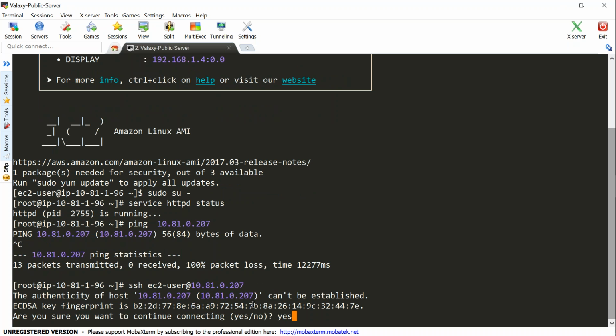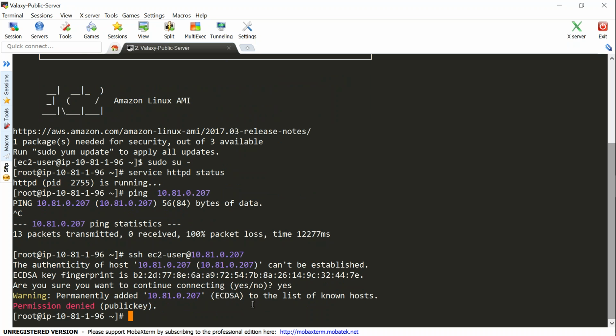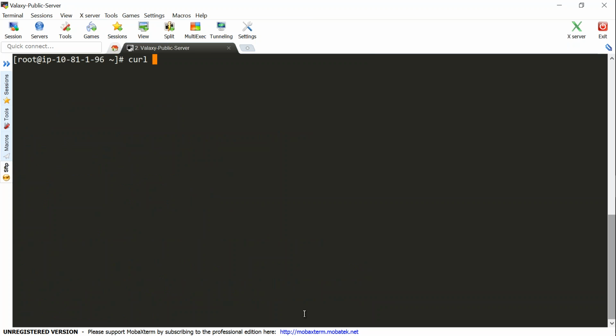You can see here I'm getting a prompt. When I try to connect, it's giving a prompt, but if I say yes, it will say that my security key is rejected. What I need to do is copy my private key here, and then connect to it. Let us do that as well. But before doing that, we can do one more thing. If I do a curl for that IP address, it should give the web page,